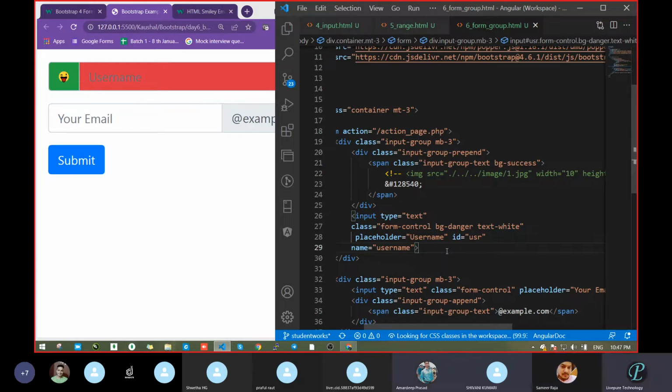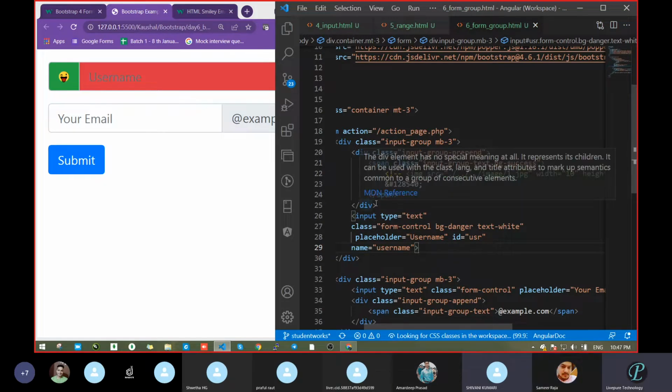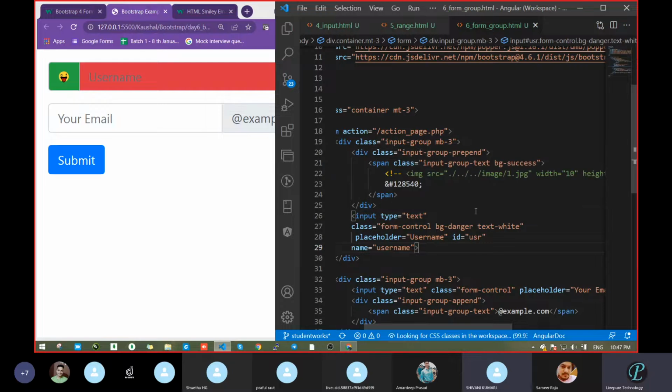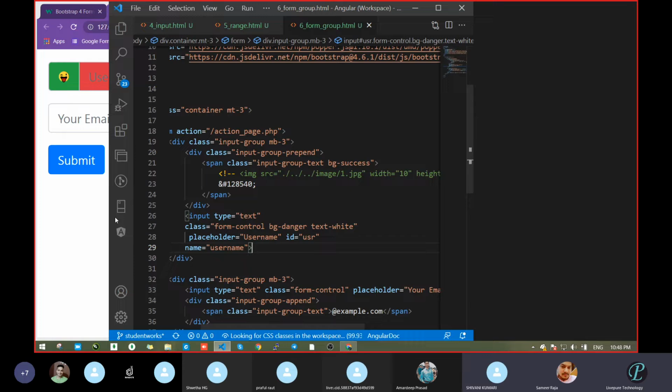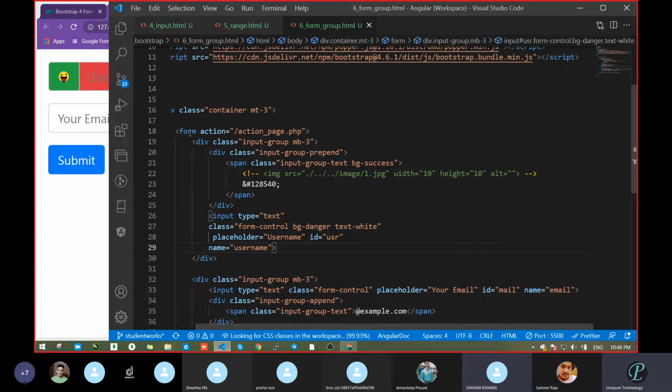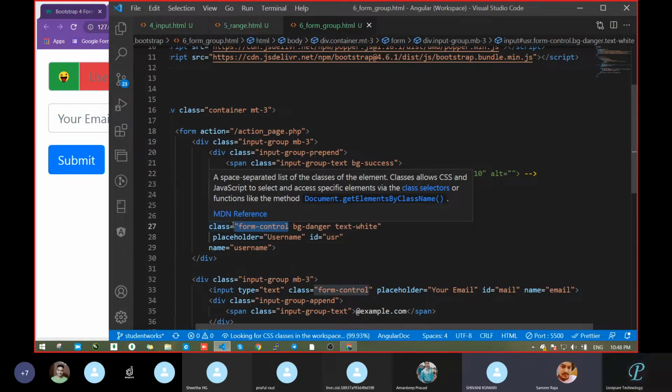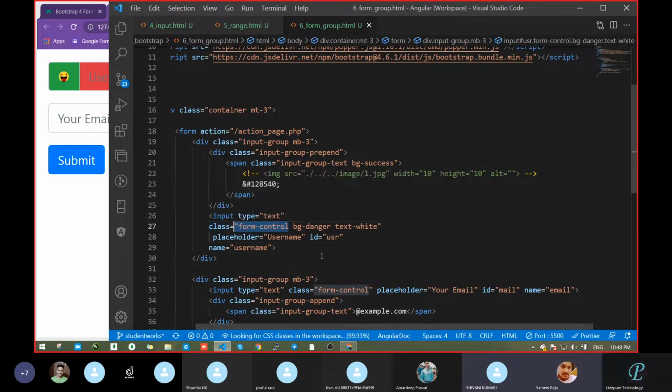One second. What are you telling? Sir, you have to pass a span. Okay, where? After the form control class. Wait, form control. Line number. Okay, form control. Line number, okay, fine. Line number, this one, no sir, this one. Line number 28. Okay. Span, you have to pass inside the span, sir.